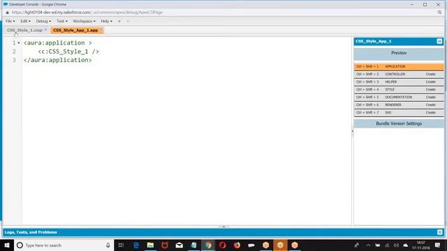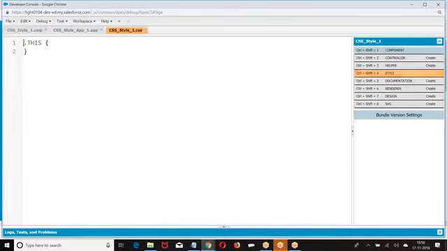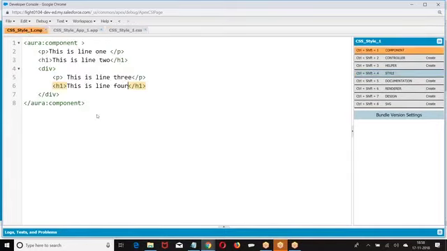Now we want to apply the style for this. Click on the style, the corresponding style. Now this is referring to this component.